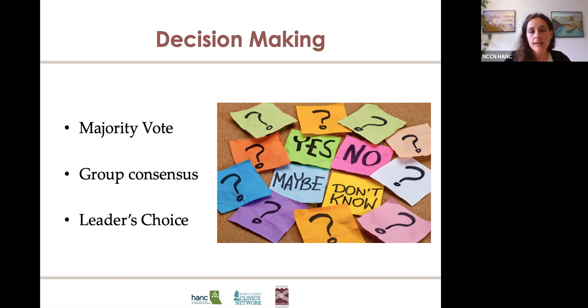Is it going to be a group consensus? The idea here with consensus is that it doesn't mean everyone is fully on board. People may have small reservations, but are still willing to move in good faith with the rest of the group forward with a particular decision or solution to a problem. One of the resources that we'll send to you after the webinar are some discussion cards that I've used in the past, and that's a nice kinesthetic way for folks to contribute in a conversation.